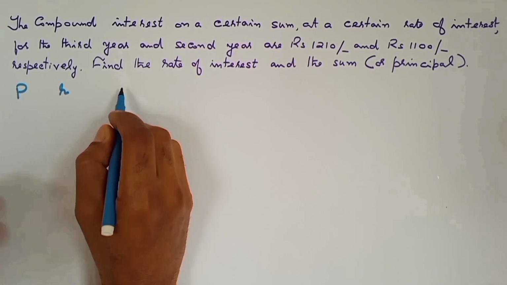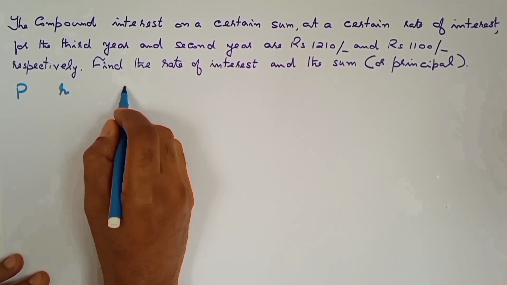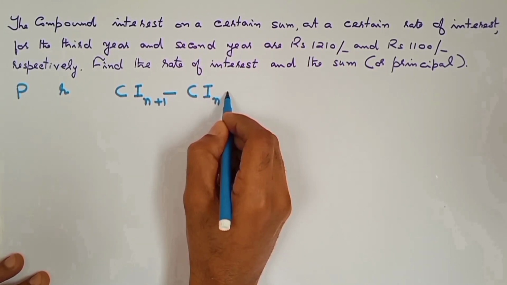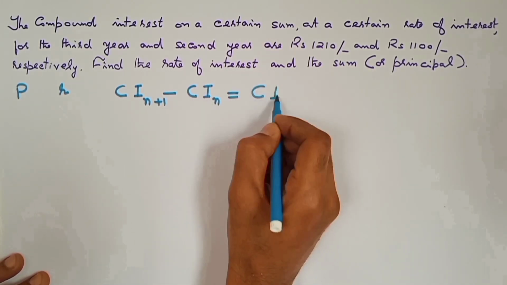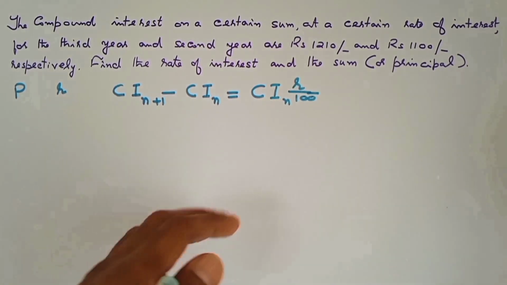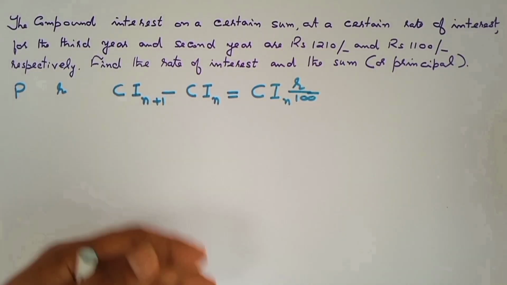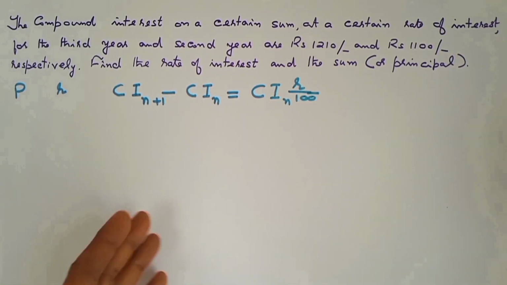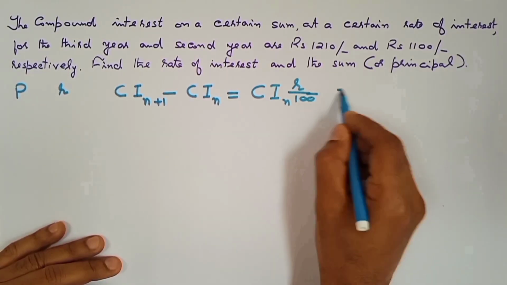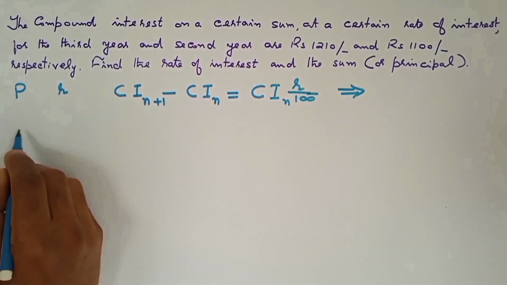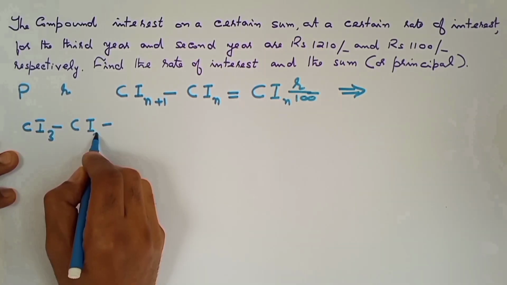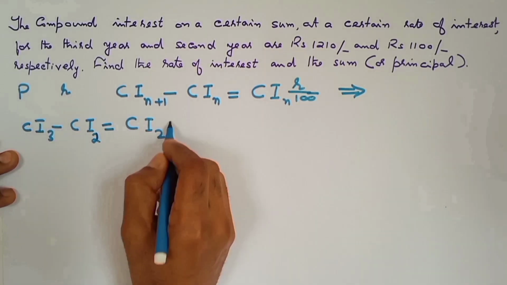Now you've already seen in my previous video a simple result like this: CI(n+1) minus CIn equal to CIn into R by 100. The video covering these basics is given in the description below. I would encourage you to go through that video before taking a look at my solution here. This implies, putting n equal to 2, you will have CI3 minus CI2 equal to CI2 into